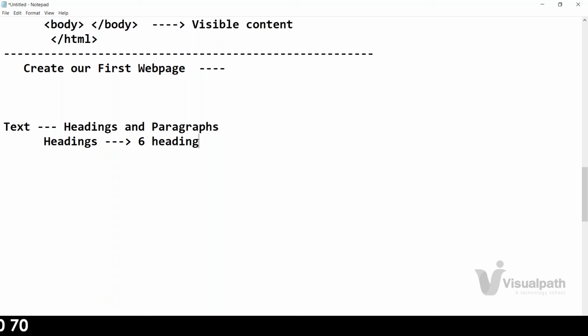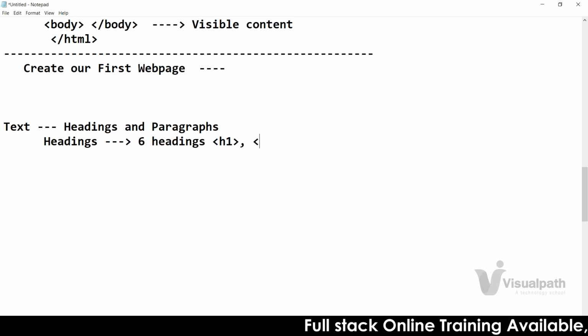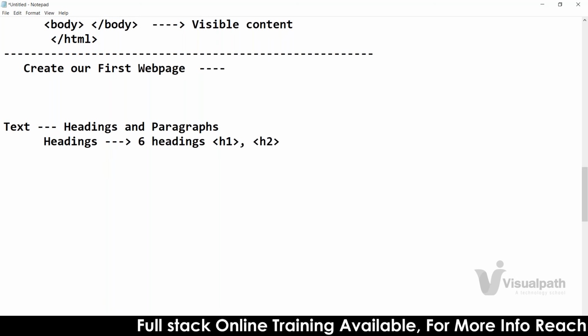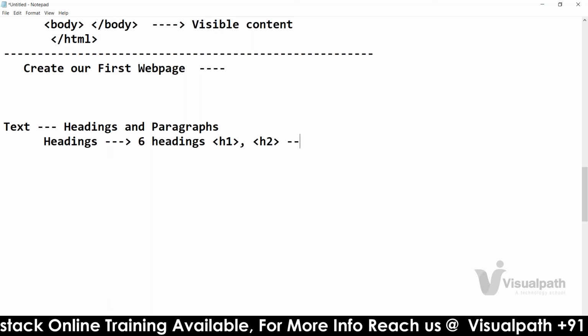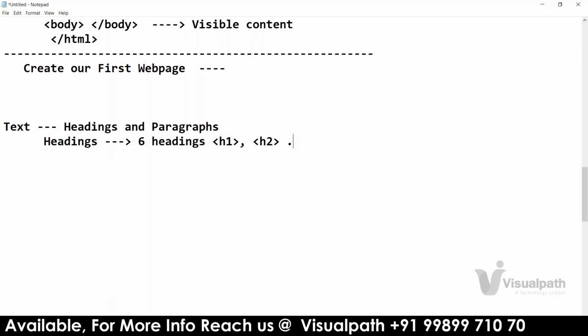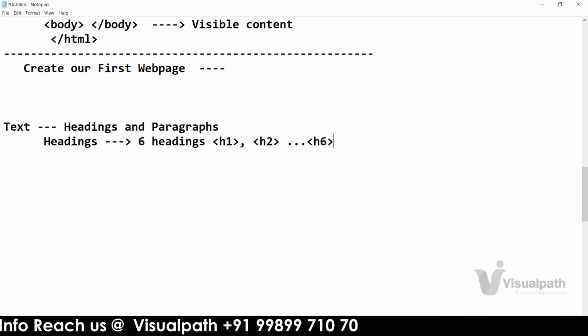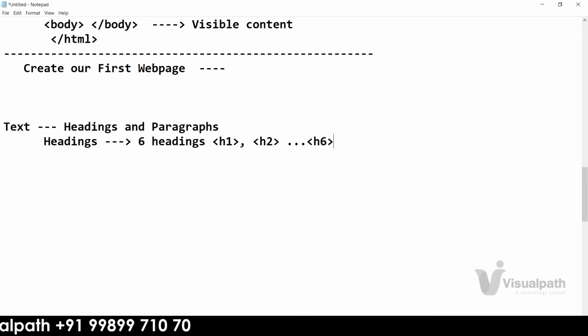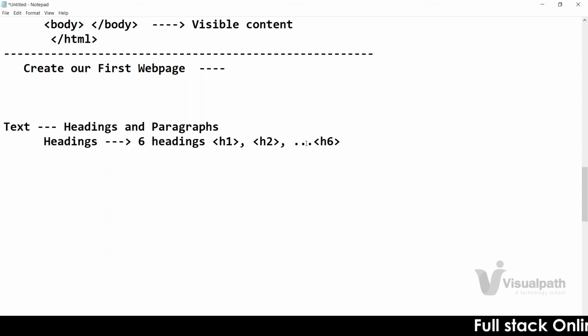But by default with HTML, you can provide headings in 6 ways using the tag H1, H2, like this up to H6. H1 indicates heading 1. Each one represents one kind of heading. H1 is the biggest size, whereas H6 is the smallest one. You understood it?